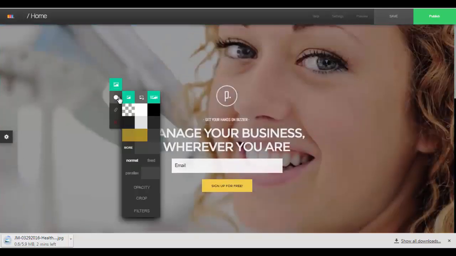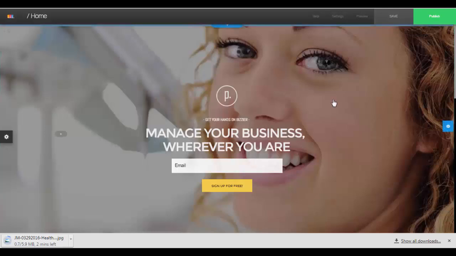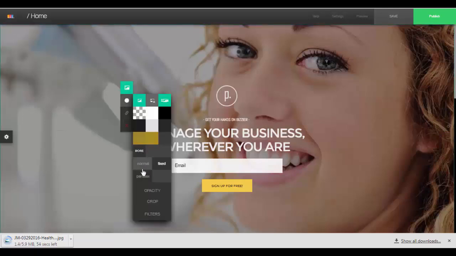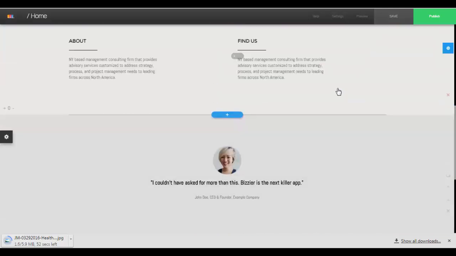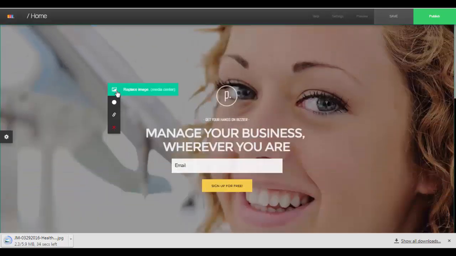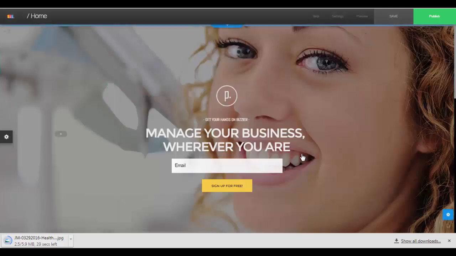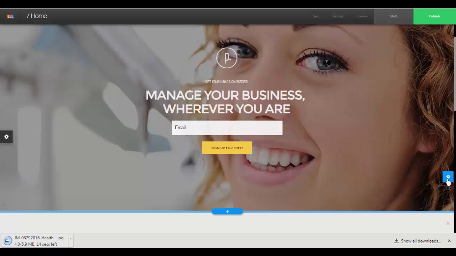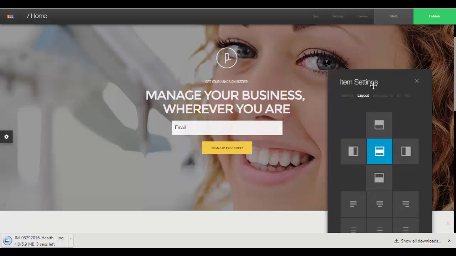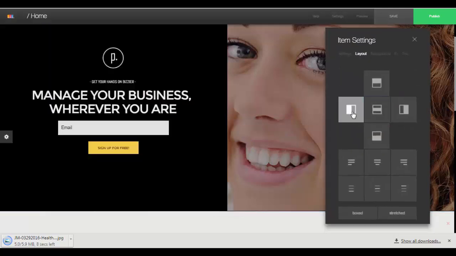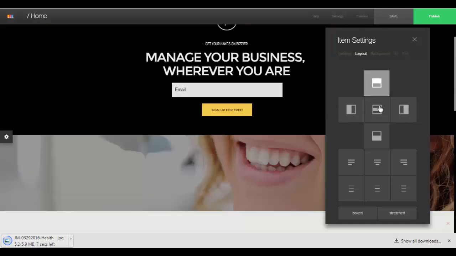Now if I want to have it fixed, so it's a little bit cooler effect, or I can also try parallax. Actually, let's go with fixed. Now I want to move this so it's not covering her teeth, because we want to be able to see her nice white shiny teeth. So I'll come over here, go to layout. If I wanted to change the basic look of it like that,